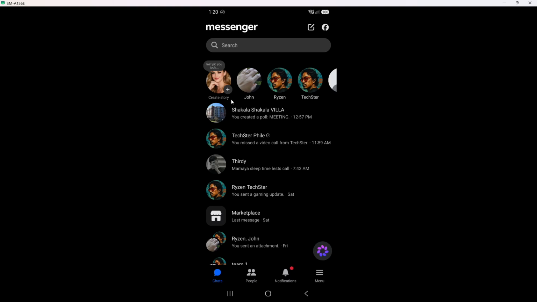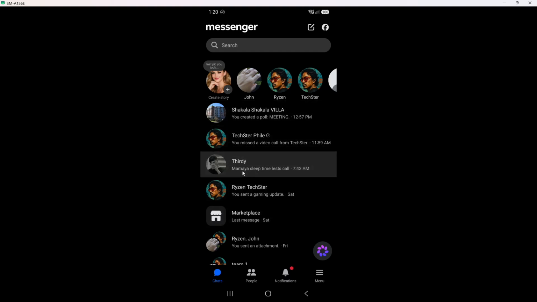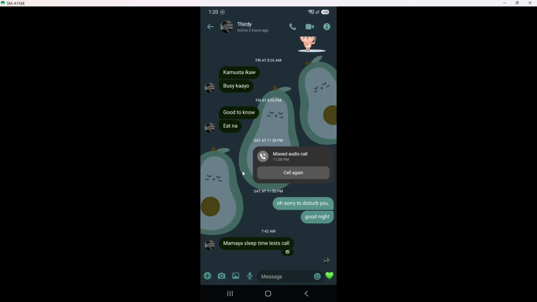Now open the chat. Tap the conversation that contains the message you want to translate. The chat will slide open and you will see all the messages in that conversation, with your messages on one side and the other person on the opposite side. If you have many chats, you might need to scroll through the list first, or use the search bar at the top to find the person or group.